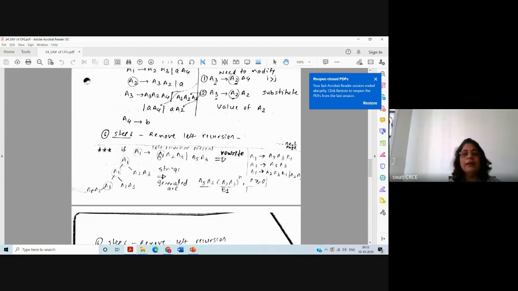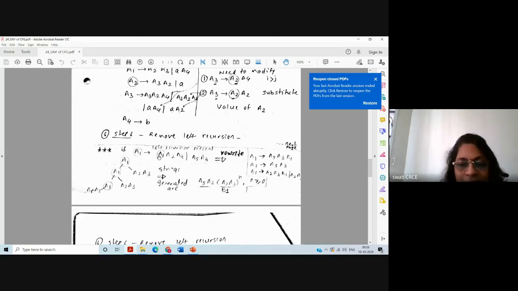And when you design any grammar, you always have to design the grammar in such a way that there should not be any left recursion. It should be right recursive grammar. So if it is a right recursive grammar, then we can easily design the parser for that. And the parser is used to tell the runtime environment how to execute the statement. So the parser design is very easy if your grammar is right recursive. And in this particular GNF also, we want to remove the left recursion.